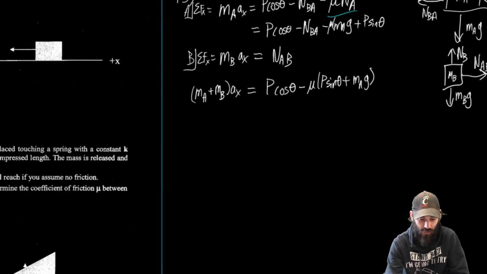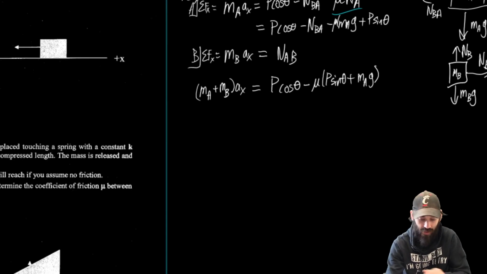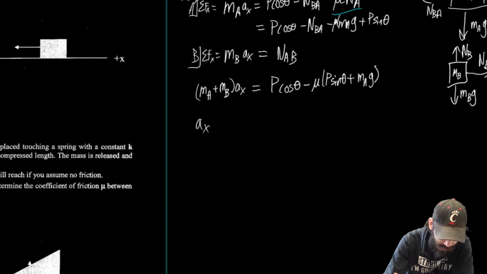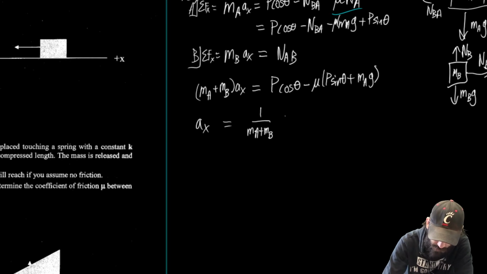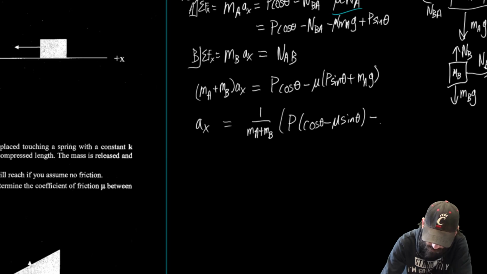And then we want to, again, solve this for Ax. So Ax is going to be equal to 1 over (mA plus mB) times, I'm going to collect some terms here. So this is going to be P times (cosine of theta minus mu sine of theta) minus mu